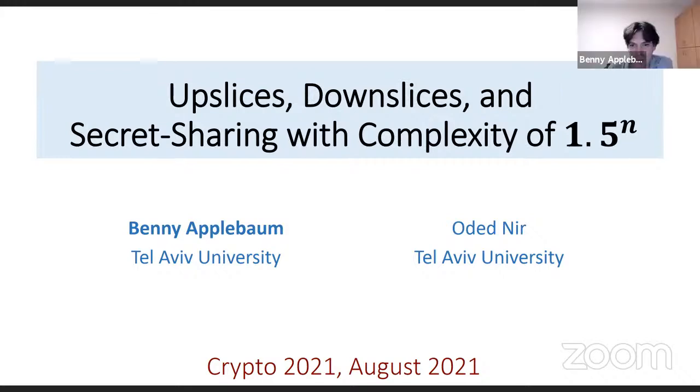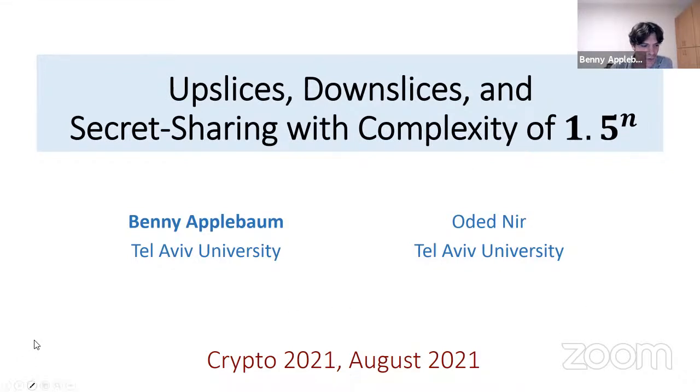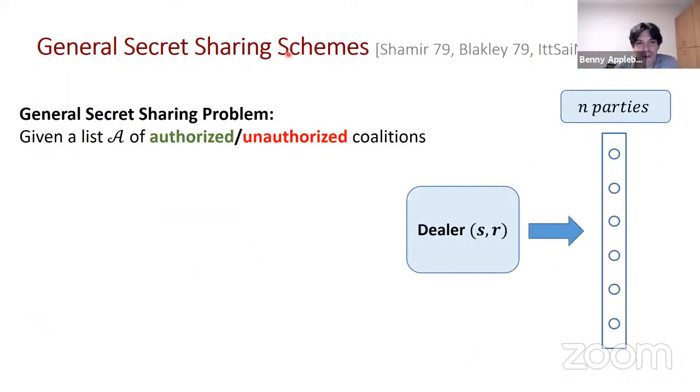So this is joint work with Oded Nir, my talented student, and I urge you all to watch the full version of this talk that Oded has recorded. So, we're going to talk about secret sharing schemes, which are basically a distributed analog of encryption schemes. In the general version of this problem, we have a dealer who holds a secret S and